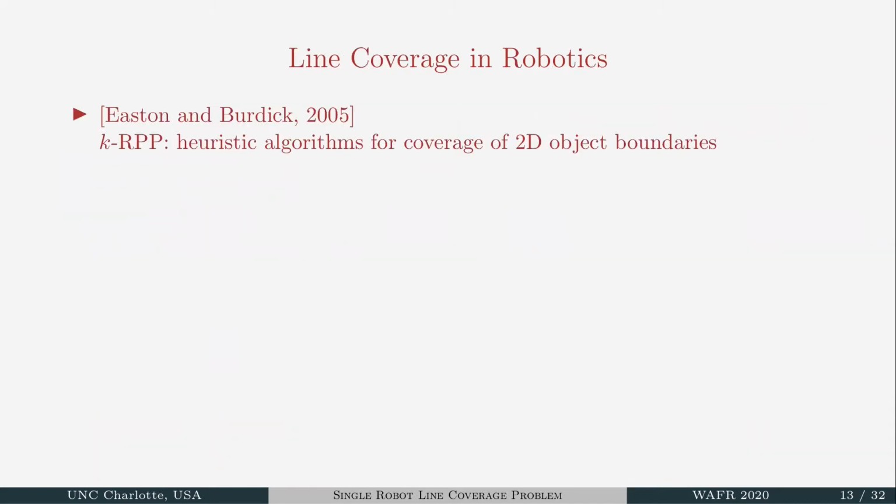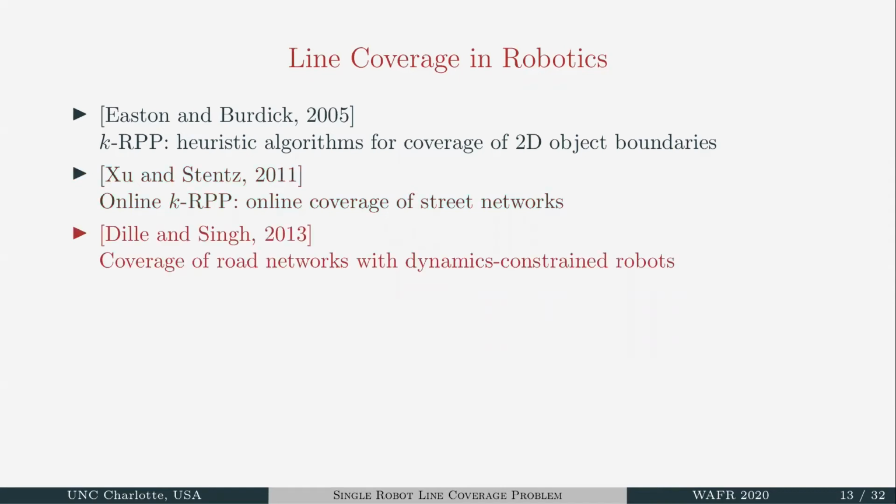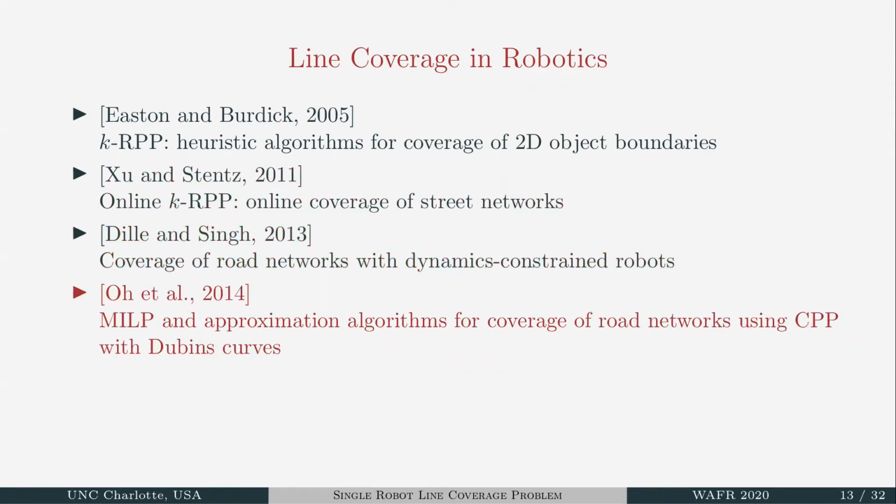Easton and Burdick considered the rural postman problem with K vehicles, wherein they developed heuristic algorithms for coverage of 2D object boundaries. Shuo and Stentz developed online KRPP and developed algorithms for coverage of street networks. Dell and Seng developed algorithms for coverage of road networks with dynamics constrained robots. Ho et al. developed MLP and approximation algorithms for coverage of road networks using the Chinese postman problem with Dubins